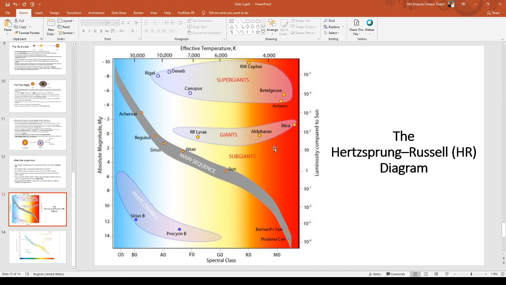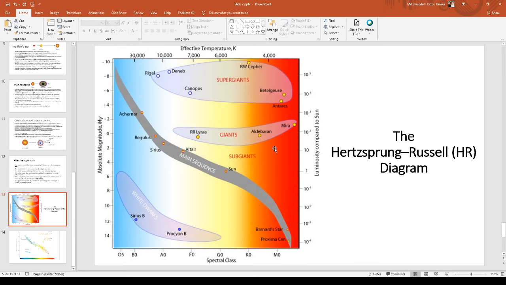The diagram that you see on the left was produced by Hertzsprung and Russell by observing different stars in the galaxy, by looking up at the stars using telescopes. Okay, from data like the Hubble Space Telescope and other telescopes, they produced this